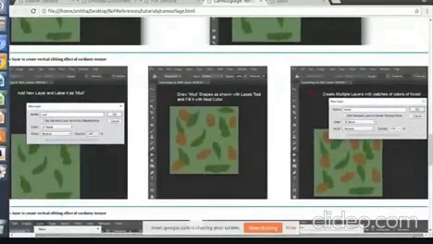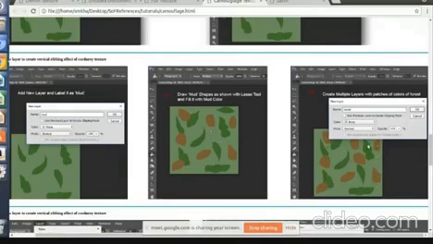Then you have to take freeform lasso tool and draw patches of mud. Somewhat roundish, squarish shapes need to be drawn, and inside this you fill the mud color, and keep deselecting using Ctrl D. So now I've drawn many patches of mud here on top of this. I'm trying to fill up the empty spaces between these leaf shapes.